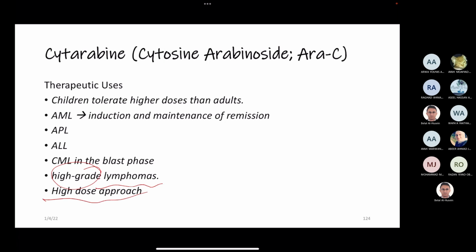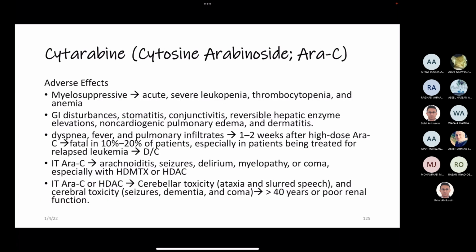So high-dose approach has more like side effects, خصوصاً neurotoxicity. So adverse effects are many. One of them اللي هو myelosuppression. Also we have GI side effects on the antimetabolites. They share this like side effect. And we have also pulmonary toxicity. والأشهر neurotoxicity. So neurotoxicity could happen if you give it intrathecally, so it will have direct damage على tissues there,